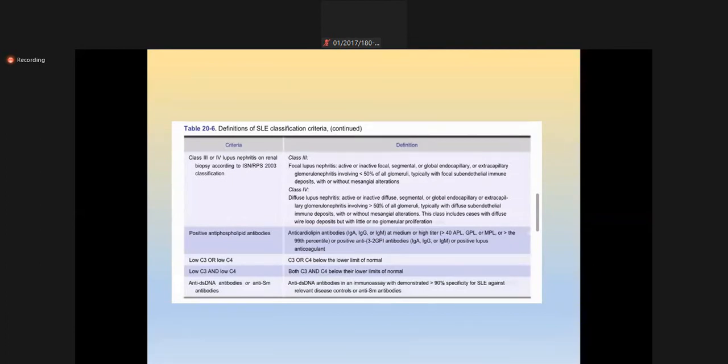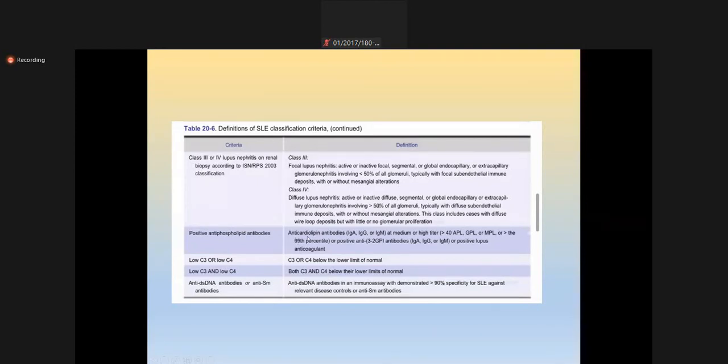Then, what is this antiphospholipid antibody syndrome? These are very specific antibodies which sometimes might be associated with systemic lupus erythematosus, or in other cases they may not be associated with SLE. But whenever they are positive, and they are usually positive in a female having SLE, there are some specific antibody panels which come under the cover of antiphospholipid antibody syndrome.